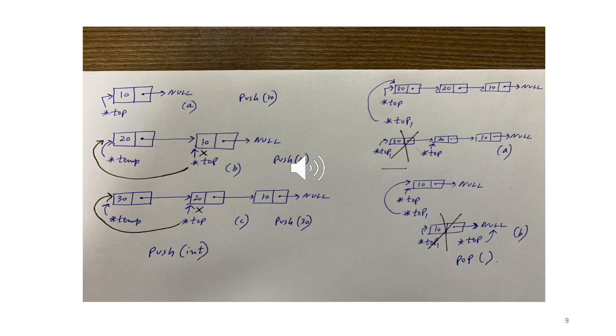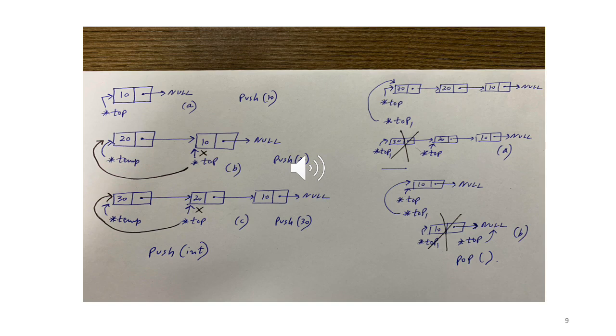Second shows the pop, right? So in pop, essentially all we need to do is delete the top node, and then the next node which we have in our chain becomes the new top. So that's simple. Let's look at the pop code. We have another pointer, we'll need it, top 1, again a global pointer. Now we're looking at the code for void pop. So we say top 1 equal to top, which means top 1 is just like top, it's also pointing to the node with info 30, correct?